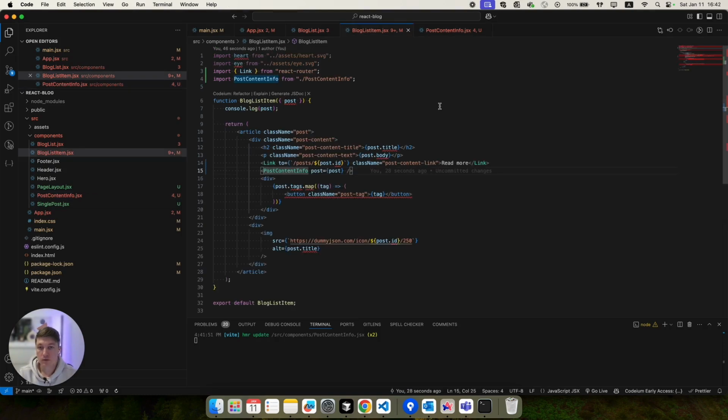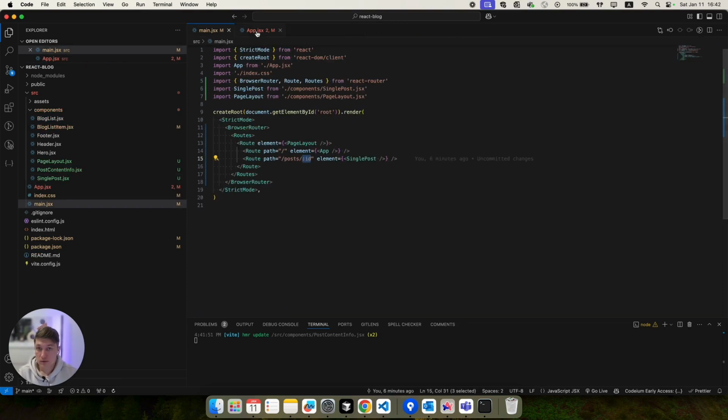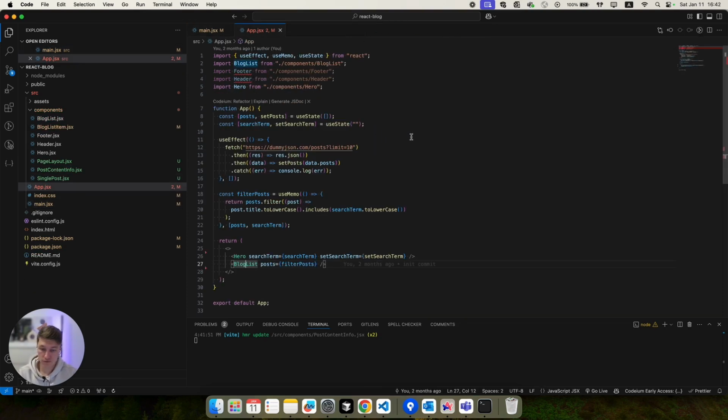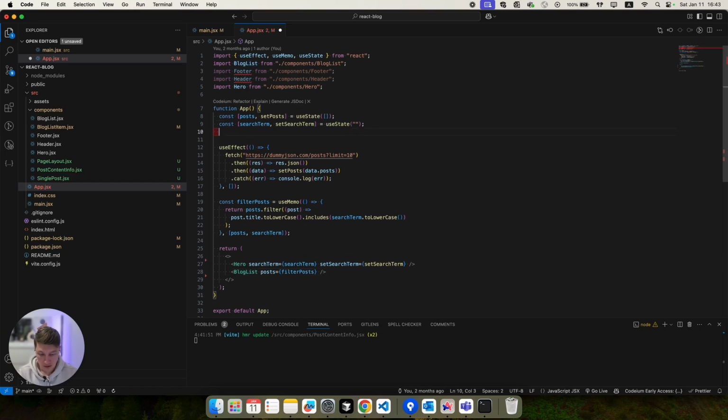Next thing we will add to our application is pagination. For that, first I will close everything and go to app.js6. So first we need to add the logic of how we'll display our posts on the page. For that, I will create another state. I will call it current page.